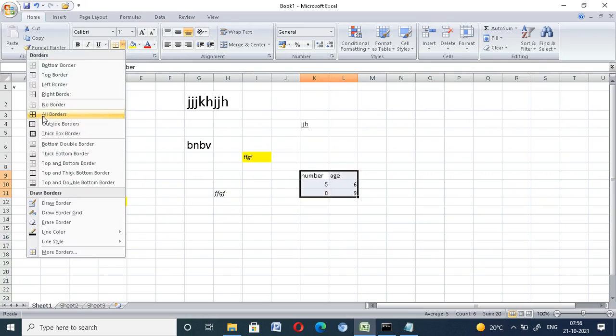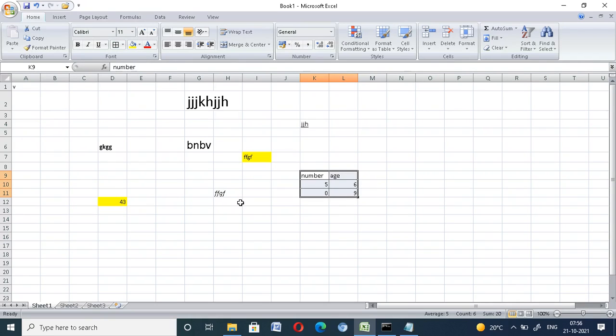In this way you make a small table. If you want a big table, it can also be done by this method. Now the font basics are completed.